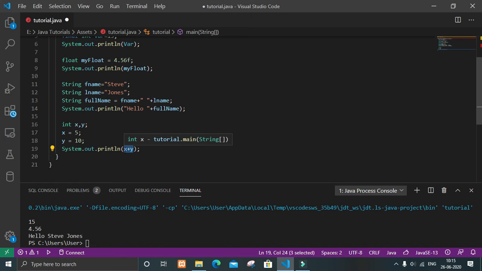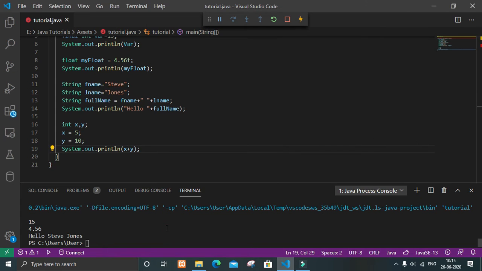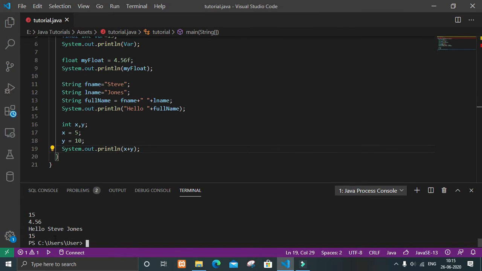So let's run it. See, here we are getting 5 plus 10 equals 15.